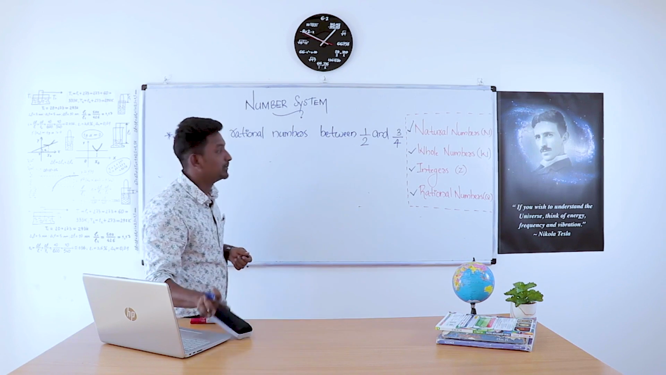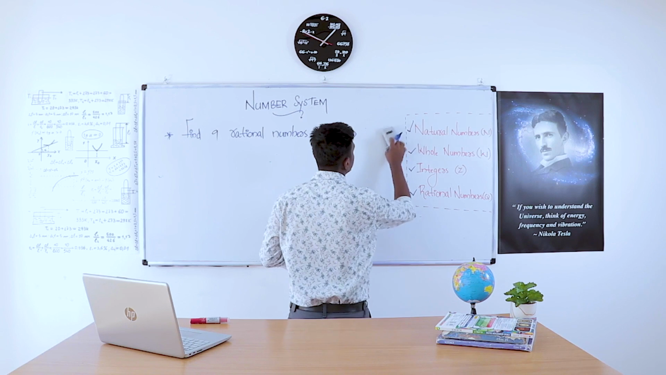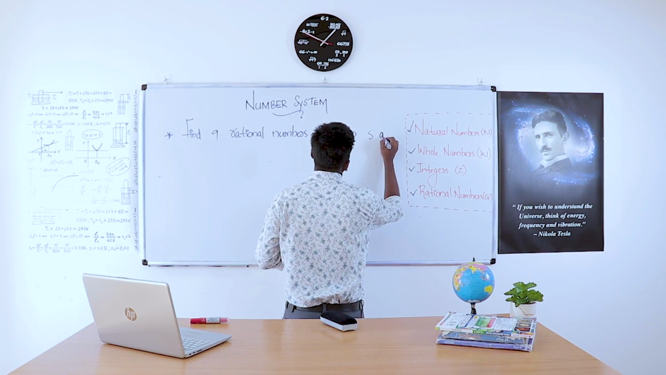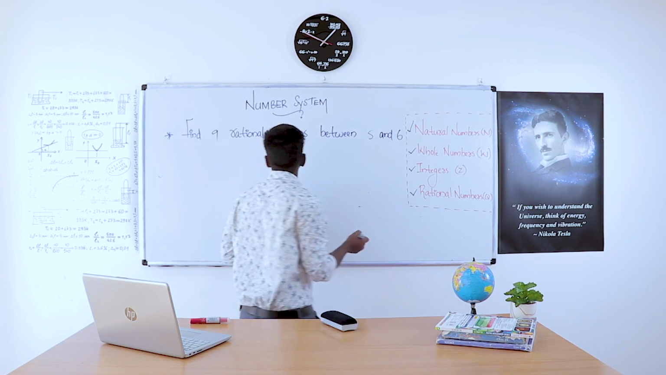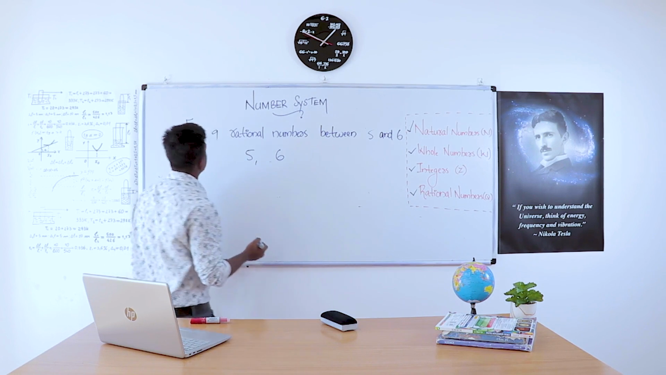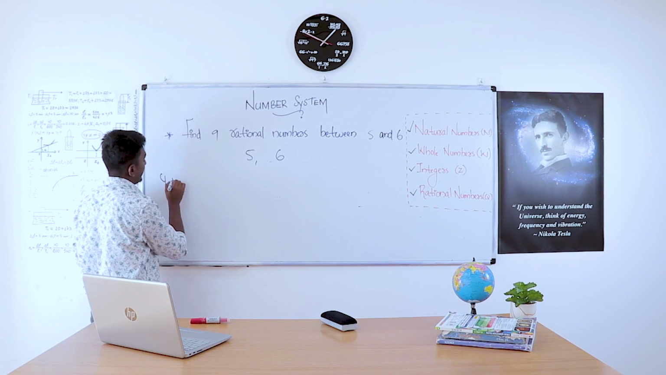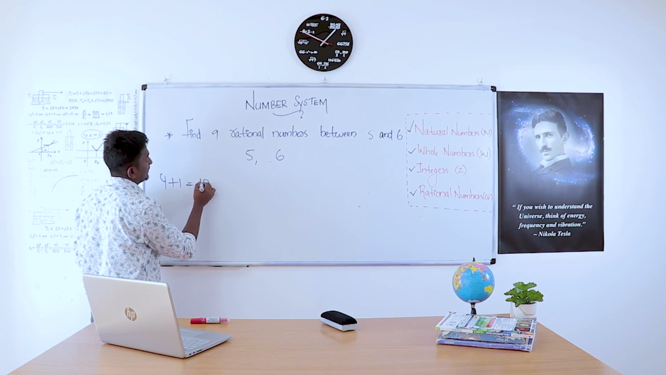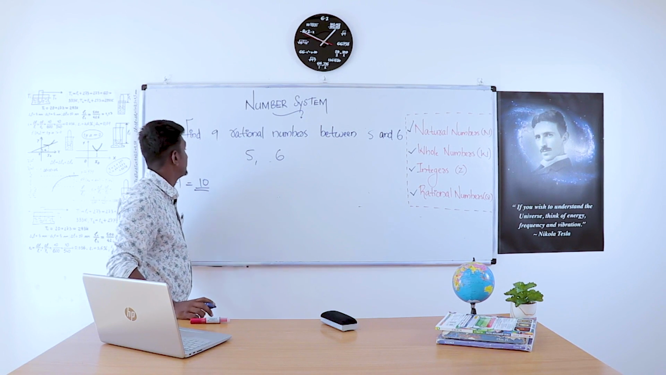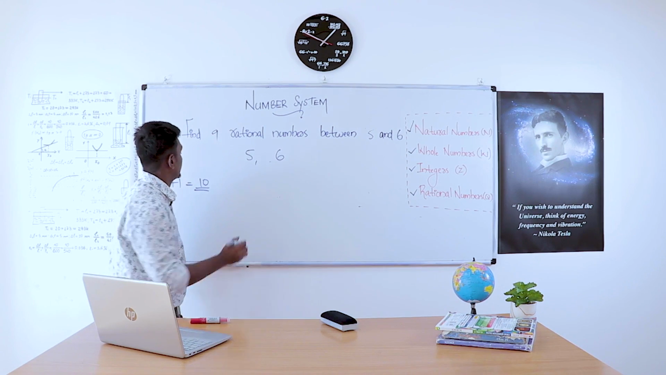Find 9 rational numbers between 5 and 6. The numbers are 5 and 6. We need 9 rational numbers, that is 9 plus 1 is equal to 10, which should be the denominator. How can 5 be changed to a number whose denominator is 10? That is